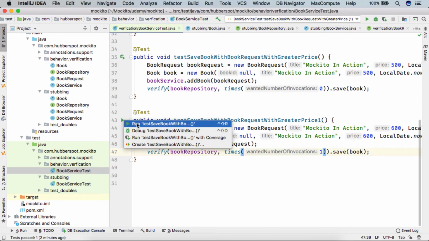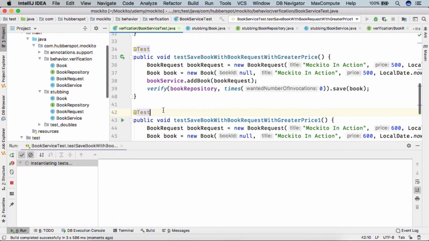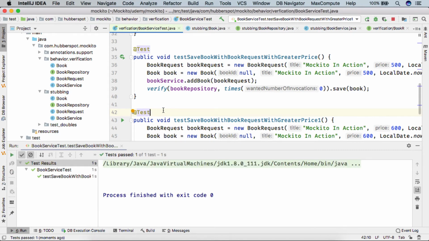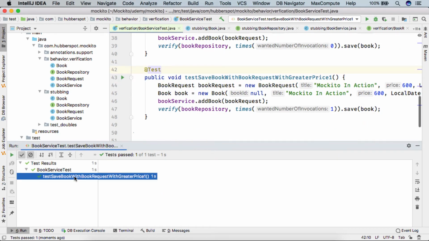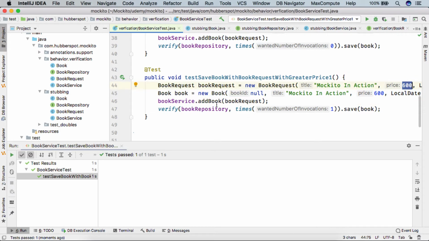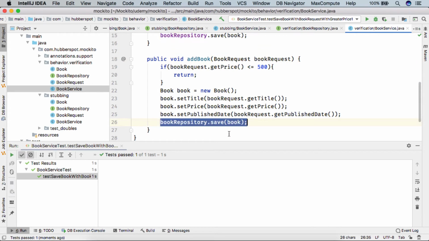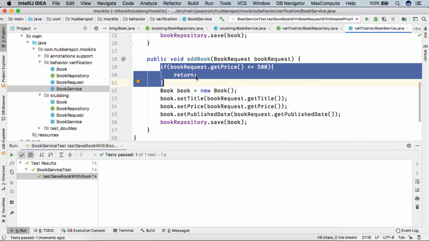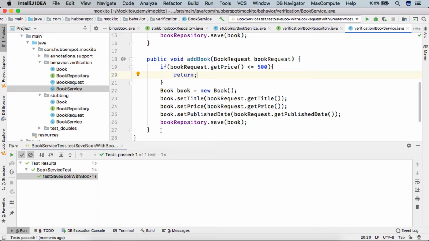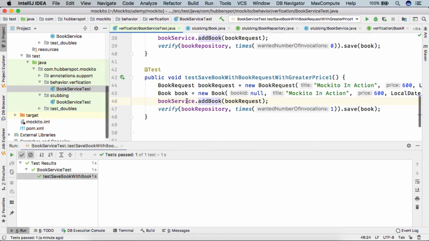If I run the test case now, you can see the test case got executed successfully, and we actually came to know that when the price of book is 600 and when we called add book method, this save was executed only once, and we did not return from this method at this point, and this piece of code was actually executed. So friends, here you can see how behavior verification helps us in unit testing of our code.